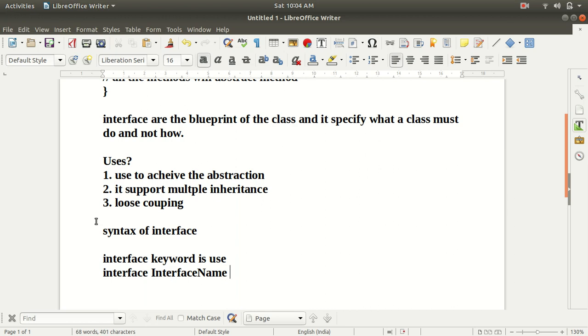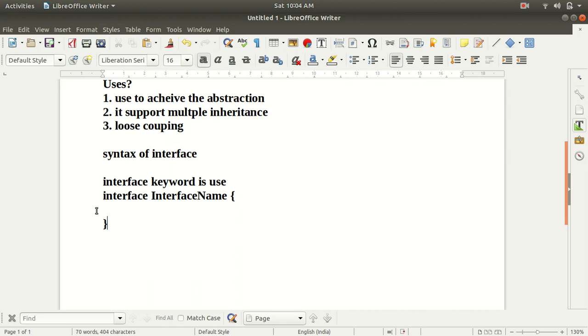Then we start the curly braces and close the curly braces. Inside this we can write the properties of the interface, and inside the interface we can write only abstract methods.